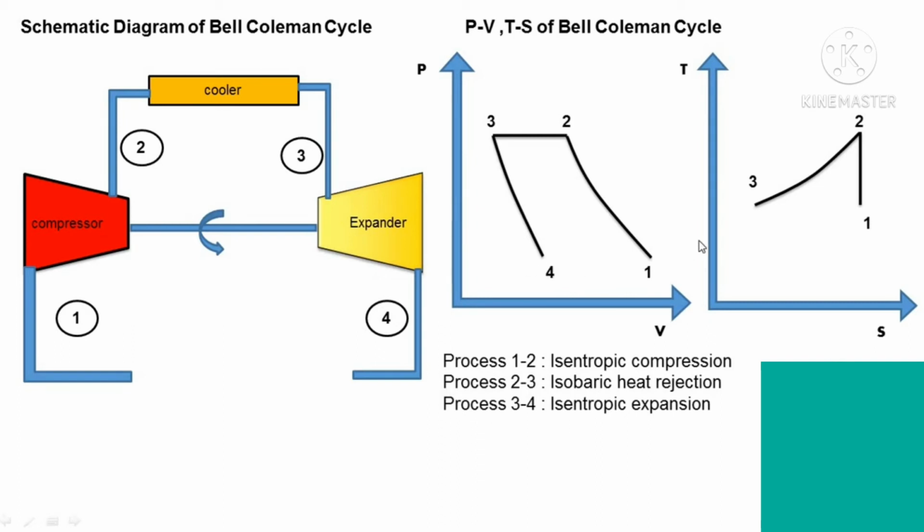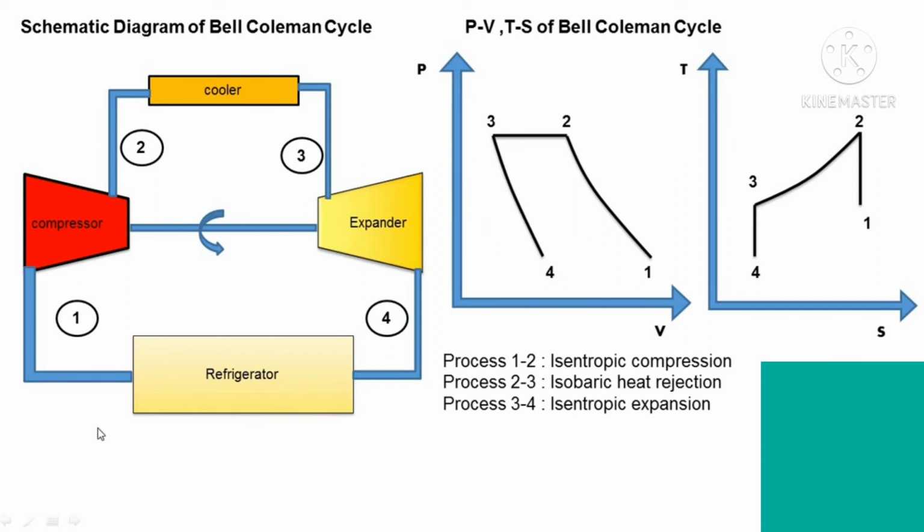So here now at 4, the air is having low pressure, low temperature, where it enters into the next component, that is refrigerator. Now this process can be represented on TS diagram as a vertical line, because it is isentropic process, entropy remains constant. This low pressure, low temperature air comes out of the expander. Expander is nothing but a turbine, which then passes through the refrigerator.